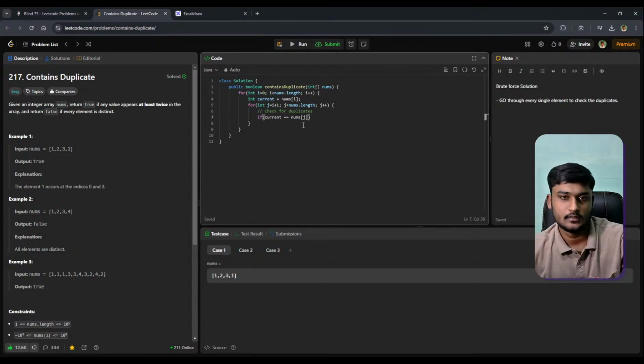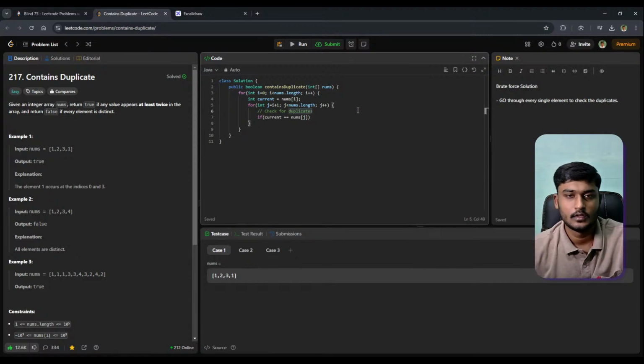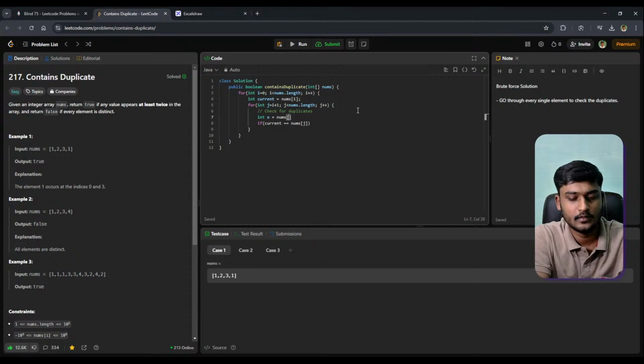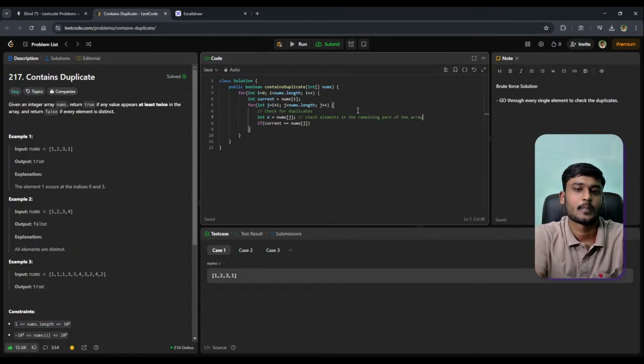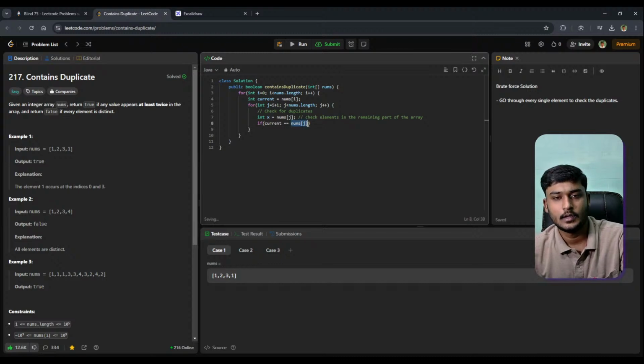Let's call it x. Simply, int x is equal to nums of j. So this will check elements in the remaining part of the array, right? So if current is equal to x, what is the case?